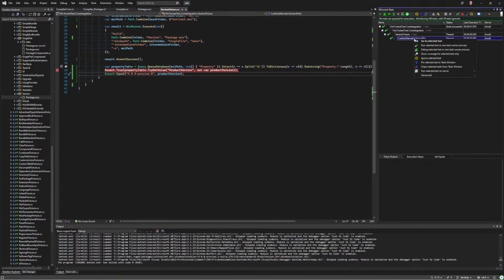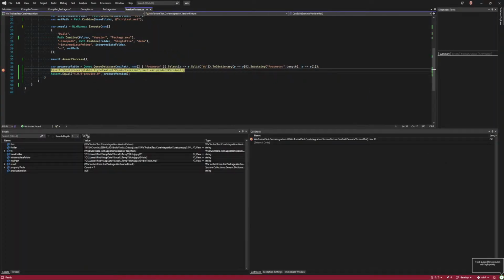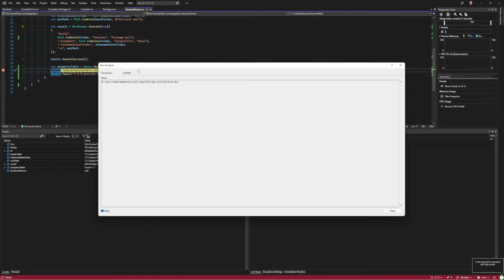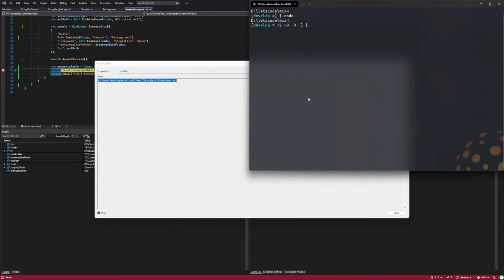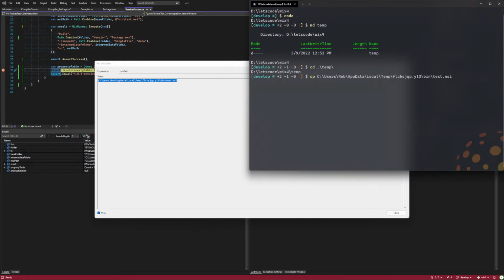All right, so what am I going to do? I'm going to run to this breakpoint again. Debug. And I'm going to grab this MSI before it gets destroyed. And we're going to drop it over here to our command prompt and see what happens. Just going to make a temp folder here real quick that will get deleted later. Copy that MSI local, msiexec switch i, test.msi. Don't use that syntax. The Windows Installer doesn't like it. L star v